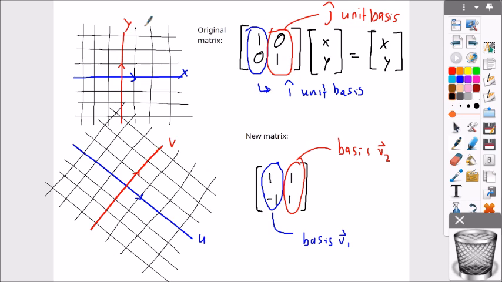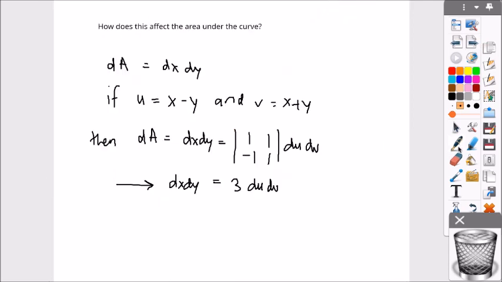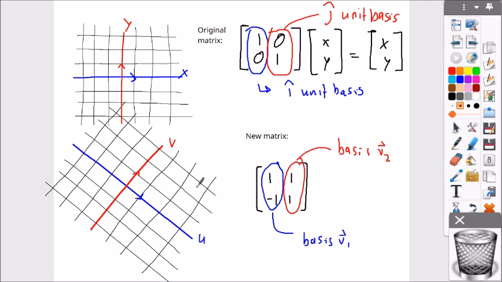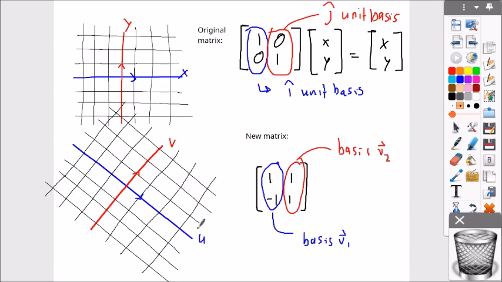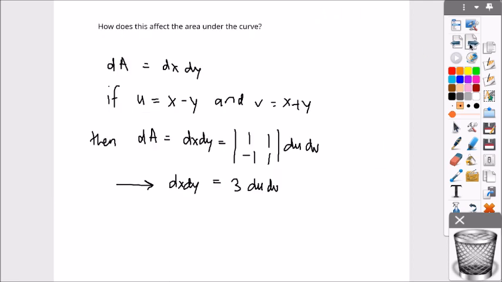And in fact, there will be some instances where it looks a lot different than grid squares, like what we're about to do in a second. So what does this mean? How does it affect the area under the curve if it's like this? Or the volume under the surface if it's like this? So if dA is equal to dx dy, and we have u equal to x minus y, and v equal to x plus y, then our dA